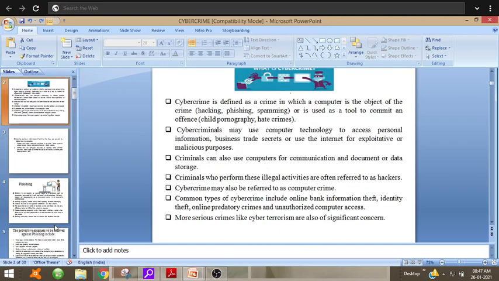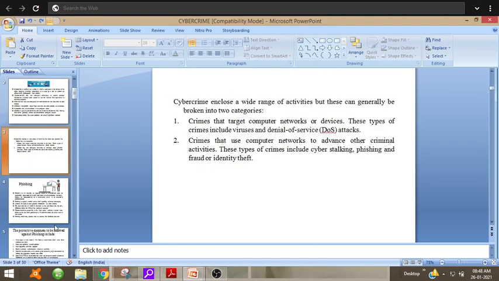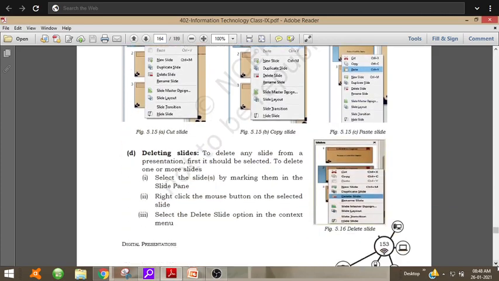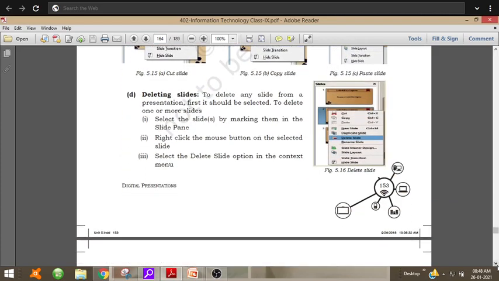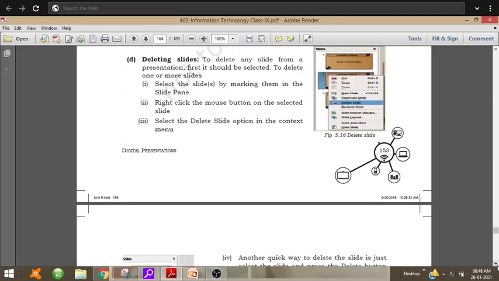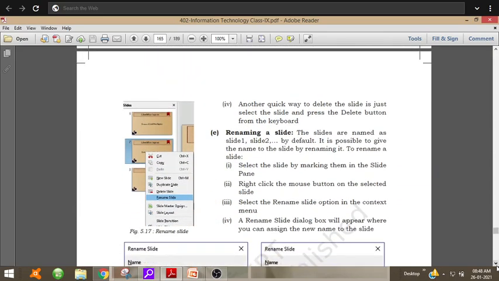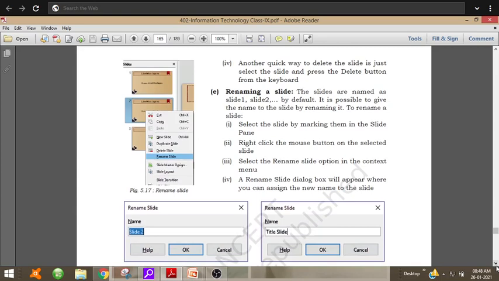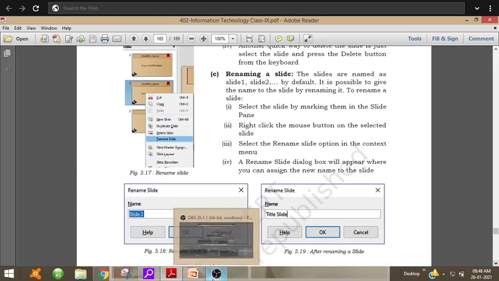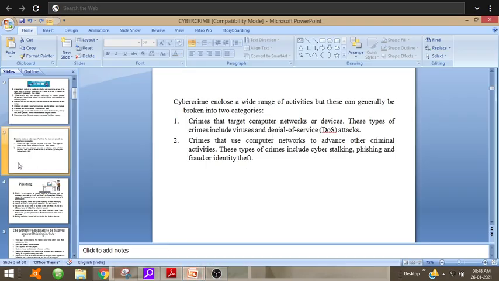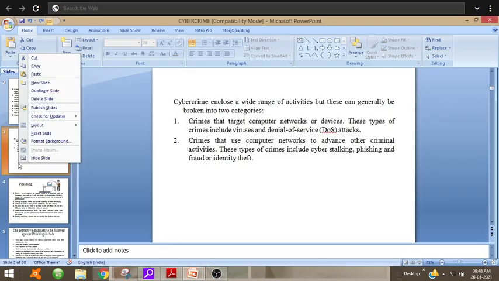To undo any changes, select undo, that is Control Z. Then for deleting a slide, select the slide and click delete. Then we can rename slides, that is, slides can be given names. That is, right click,